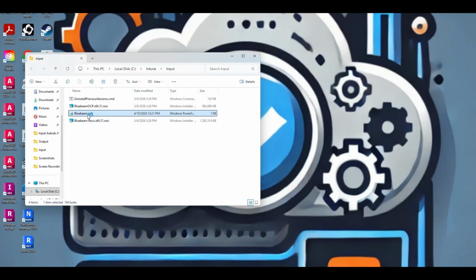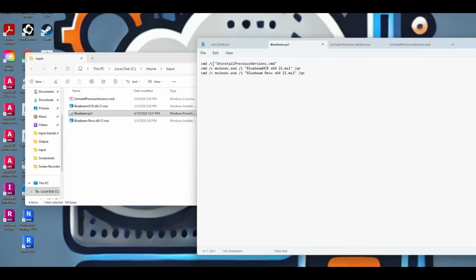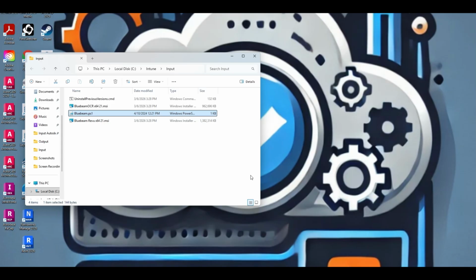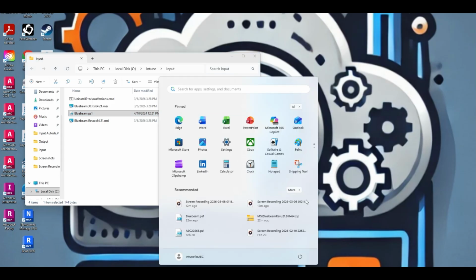Our PowerShell script is super simple. We call our command file to uninstall everything, run the OCR install, then we run the main Revu install, and that's that. So we're going to do that. I found this on the web. So we're going to bring up PowerShell